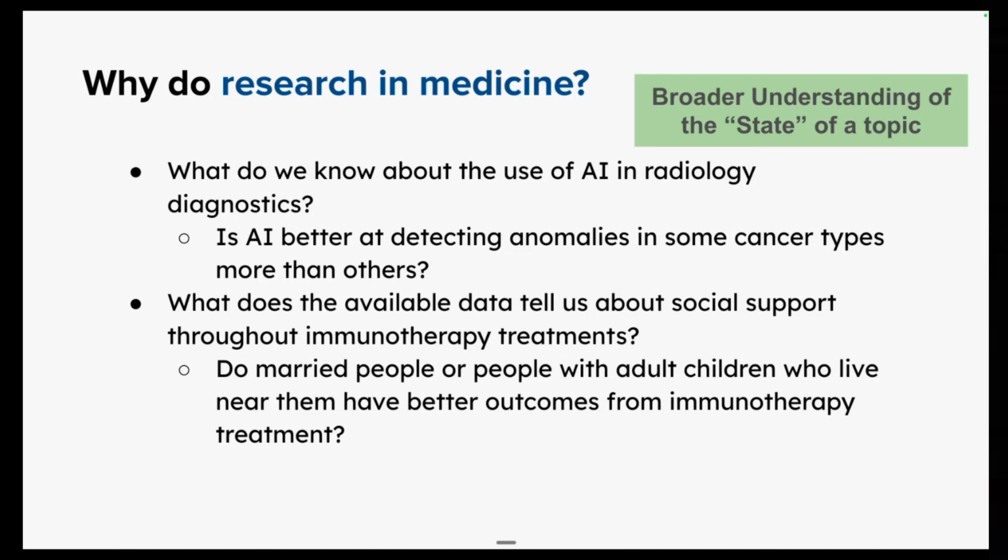What patient populations do we understand and which ones don't we understand? And that helps us inform where we need to go next. So when we talk about what our broader understanding of a topic is, in the previous slide, we talked about primary research. This tends to be secondary research. And we're about to unpack what those two terms mean, just so we're starting off on the same ground.